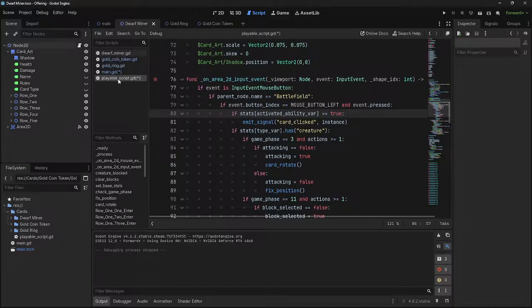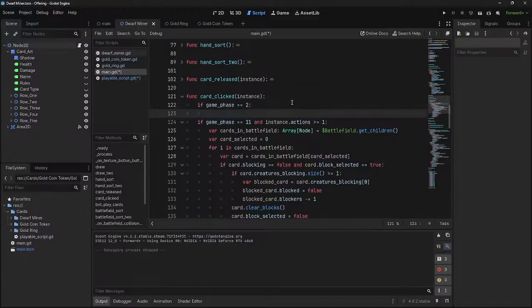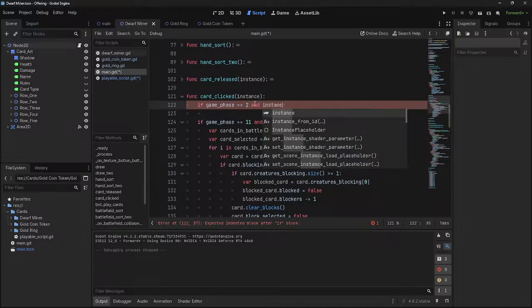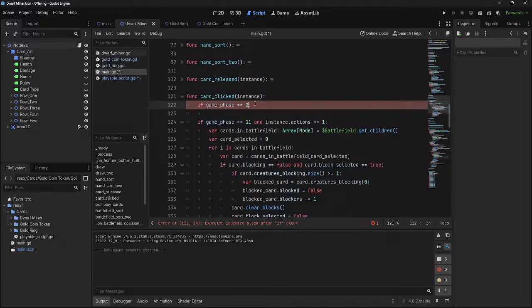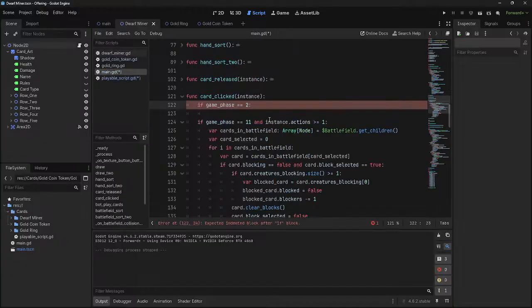So I can just hard code the ability to only use this ability during a few game phases. Although I probably shouldn't get in the habit of doing stuff like this. Game phase 2 and instance. Wait, no. So this needs to be template based. So if the card has an activated ability,